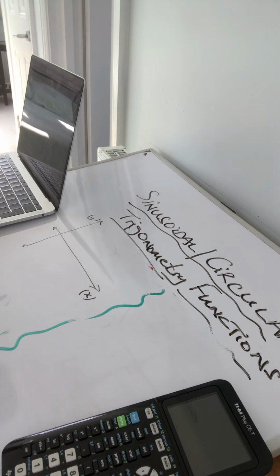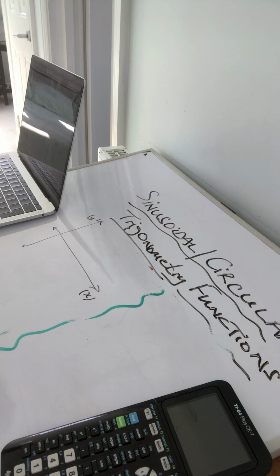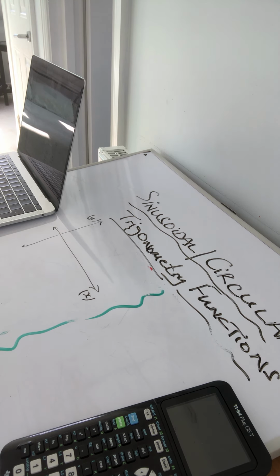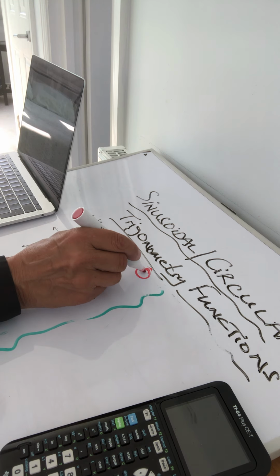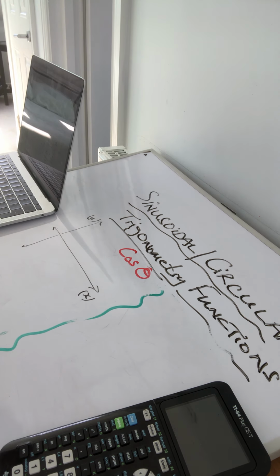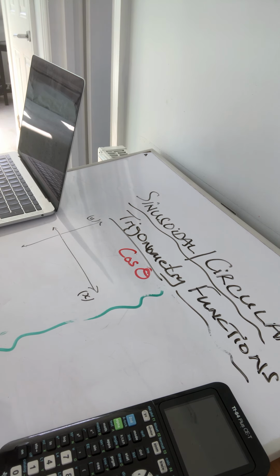Alright, welcome to today's video on the cos graph. Today we're going to be looking at the cos theta graph, the basic cos theta graph. And theta stands for any angle, so you can call theta anything you like. And what we're going to be looking at is to trace out this cos graph across the time intervals of